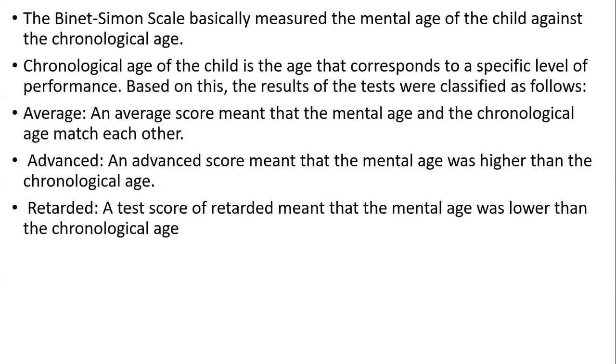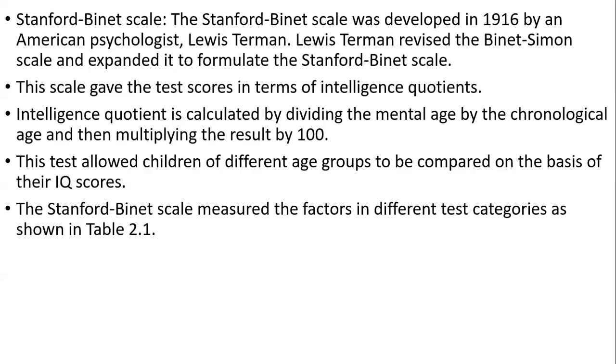If the child has more marks, this child is advanced. If the child has marks according to the average child, he's an average child, like that. Right. So then, the standard Binet scale. The Binet scale was developed in 1916 by the psychologist, right, to formulate the standard Binet scale. Right. So then,